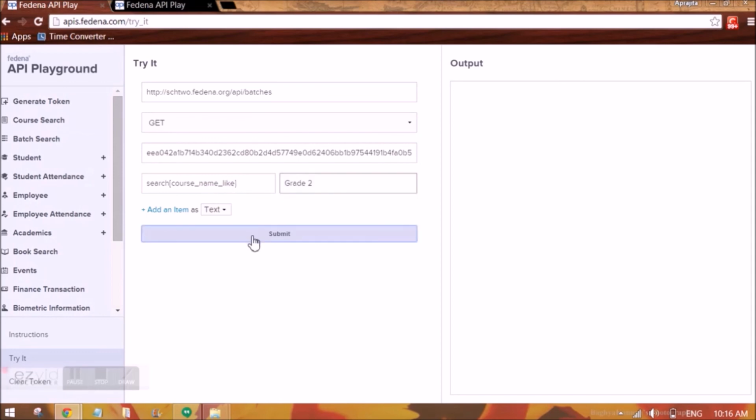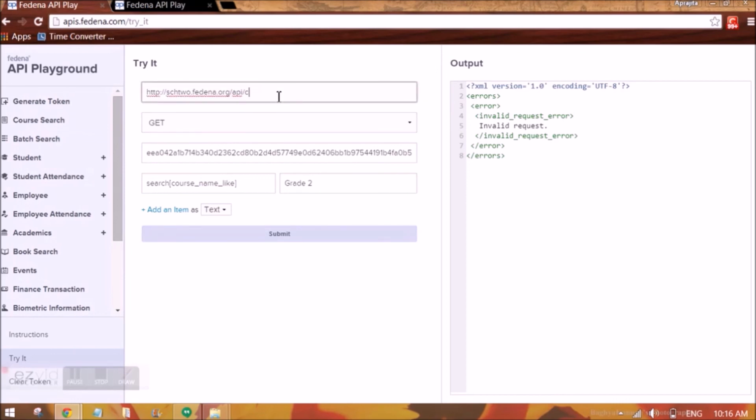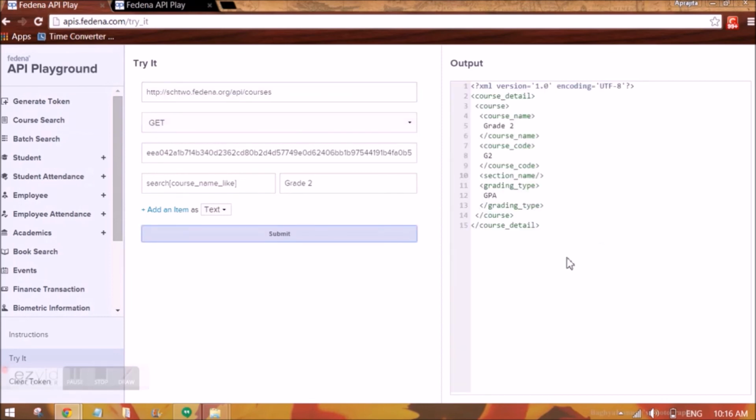So here I'm using like, and I'll be getting the courses which follow this criteria. So here let me just make it courses, since I used batches, so it is not able to search. It says invalid request because the API was not able to give any result for this kind of search. So it shows like this.